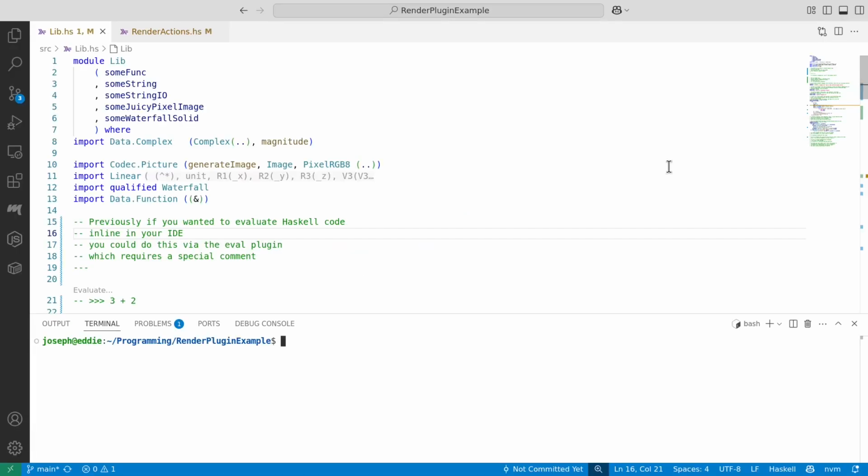Hi, my name's Joe. I'm a software developer and Haskell enthusiast, and this is a demo of some developer tooling that I've been working on recently. The developer tooling I'm talking about is a Haskell Language Server, or HLS plugin, and it's called the HLS Render